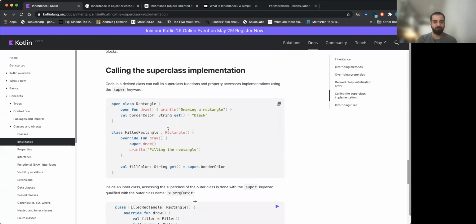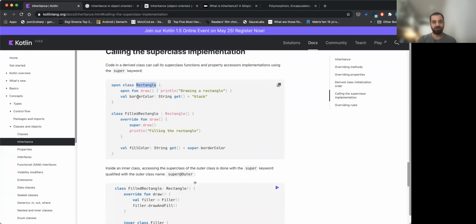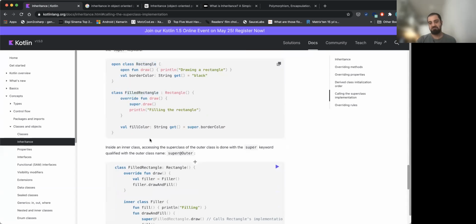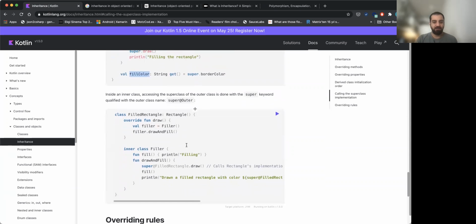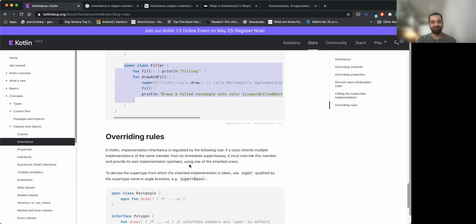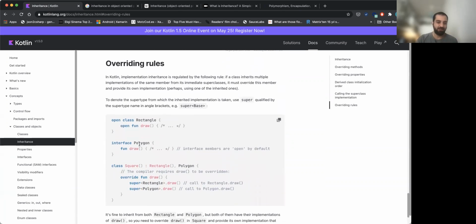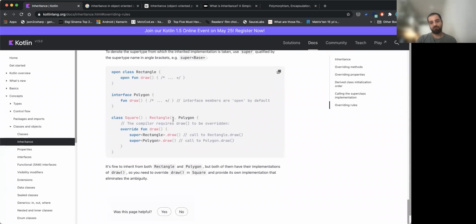So if we go, for example, here in the example, rectangle is also defined as an open class because we defined another object called field rectangle. It's pretty much the same as the rectangle, but it has a filling color as an additional property. There is an inner class defined inside, but I will not get into this for now. Before Kotlin, actually, we weren't able to define